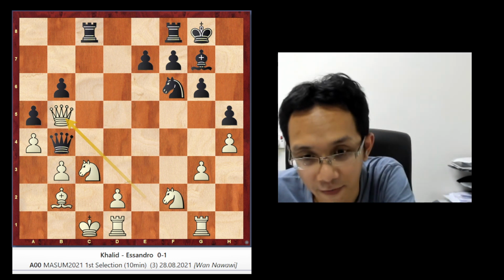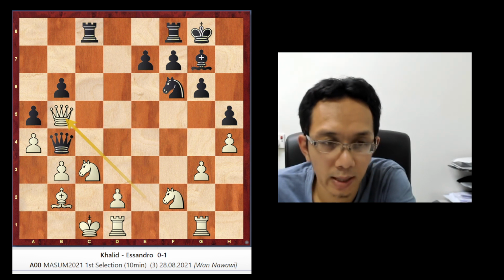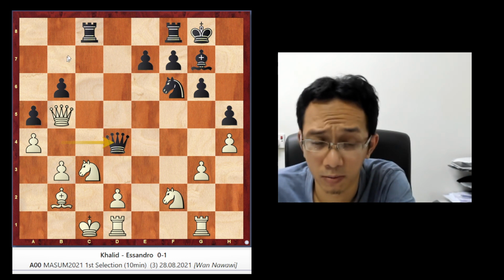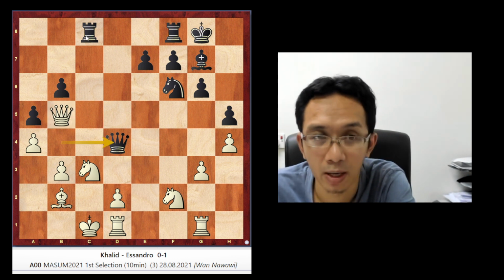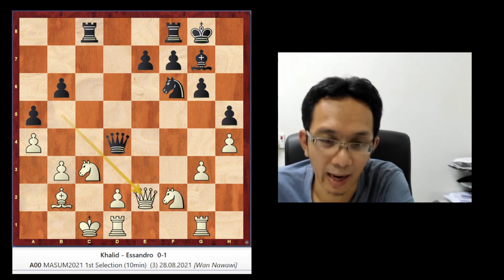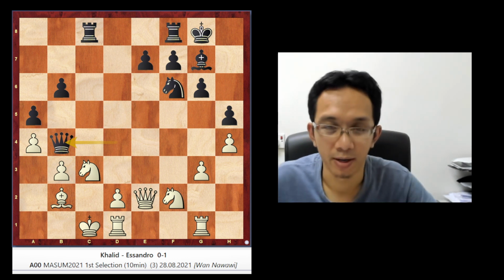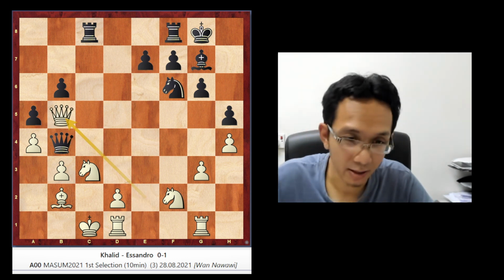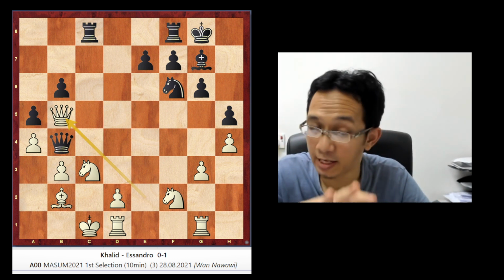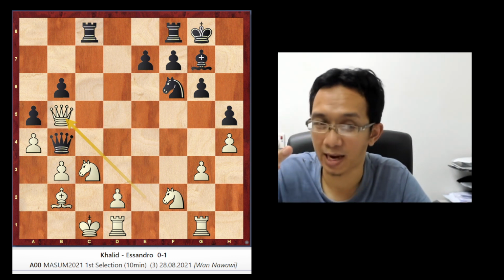Okay, so queen b5. But here black plays queen d4, not rook c5 lah. So go back again, thinking that okay, can be a draw or not, and then Khalid goes back again. So this repeats again. Remember, if you do this 3 times, even though this is still middlegame, then it's a draw. Now it's twice. If you do 3 times, it's a draw.